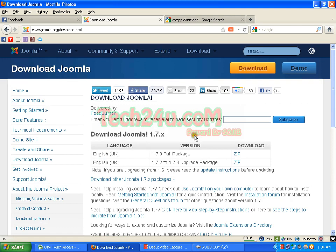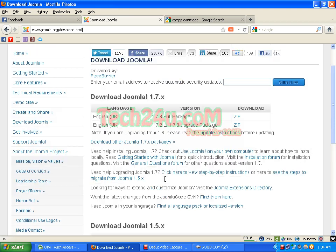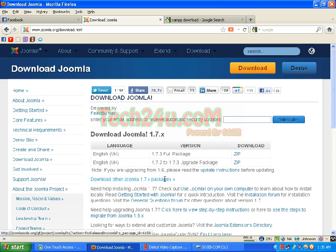but I personally request you to download 1.5 point something for practice in your local server, because XAMPP and the web server do not support the latest version of PHP, but Joomla 1.7 works with the latest version of PHP. So you'll face problems when you want to work with your local server, but when you want to use Joomla in your website, at that time you can use the latest version of Joomla. And another thing is, if you can work with the 1.5 version, then you can also easily work with 1.7